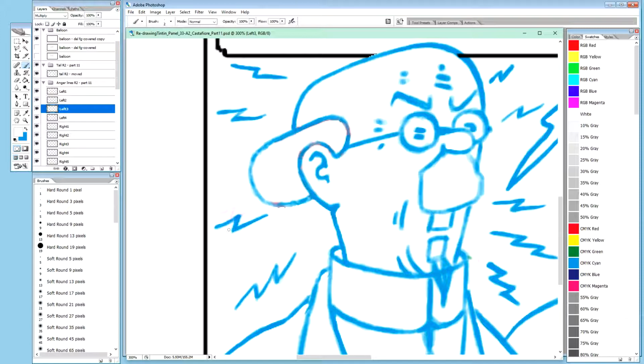Okay, that's okay. And then we are on the white, and we can remove a pixel or 2 here. On the right layer, please. Okay, left 4. Like that,